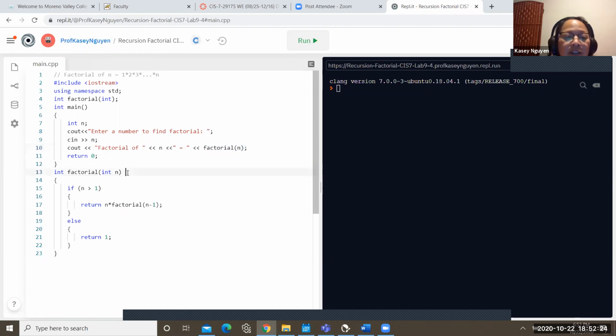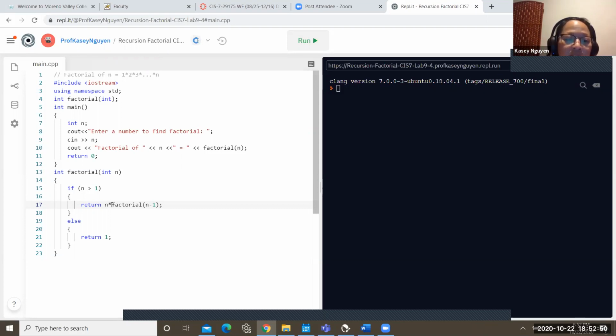So in the function, we state our base case. If n is greater than 1, return n times factorial of n minus 1. Because what factorial really is, we take that value and multiply it by the one previous, and the one previous, and the one previous.